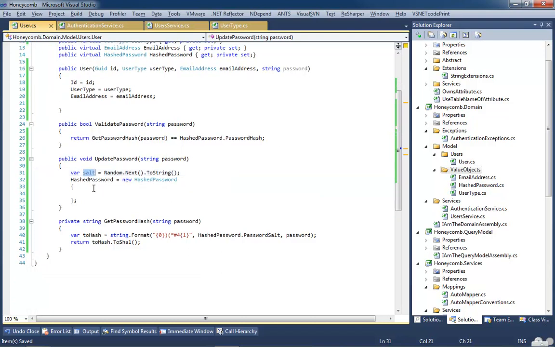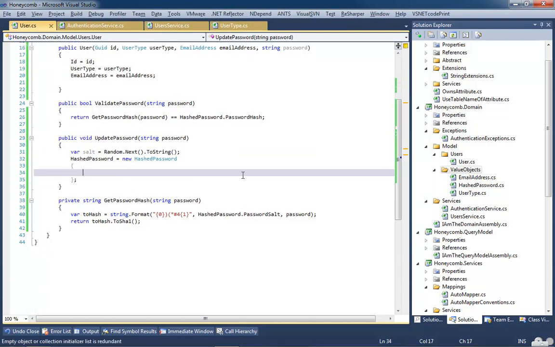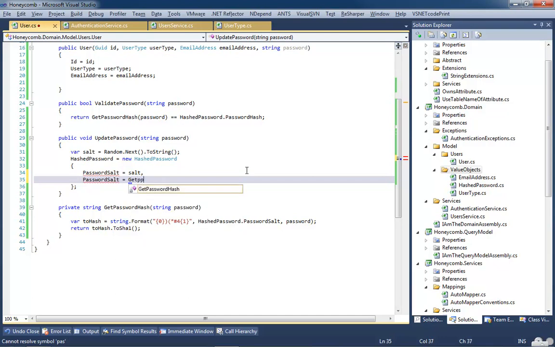Now we have a problem with the code that I just extracted, because I can set the password salt to salt, but to set the password hash, I need to get password hash. Unfortunately, GetPasswordHash